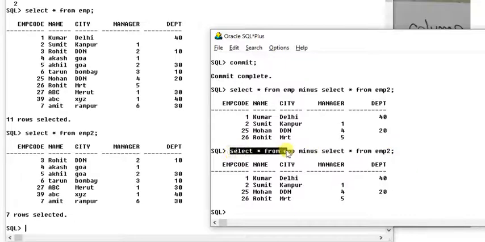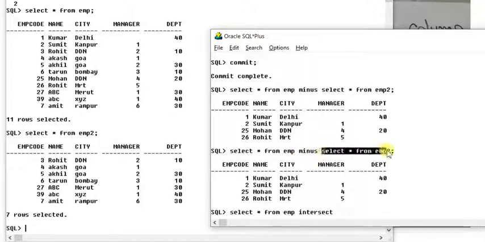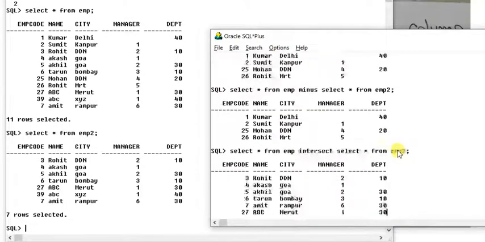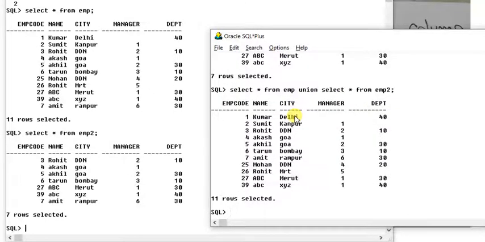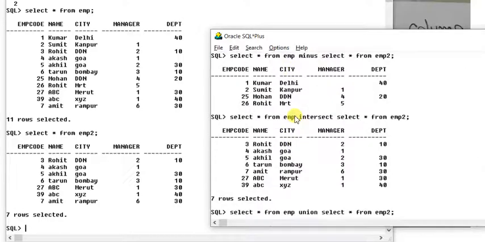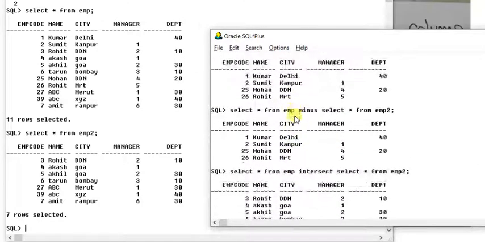And if you execute intersect select star from emp2, you can guess what will come: the common records in both. Similarly, union select star from emp2 will give the same output as emp, because union gives you all the tuples. So this is how these operations are performed in SQL.